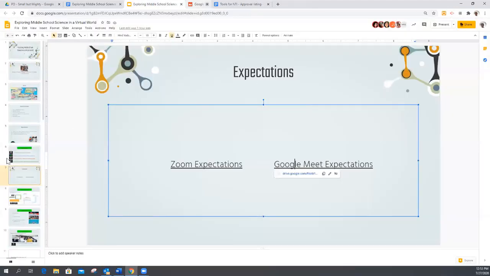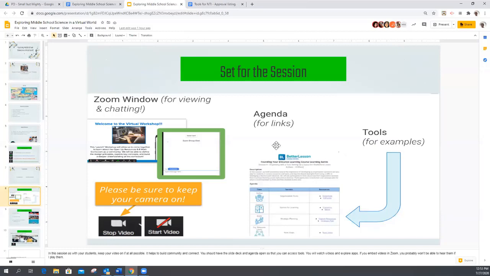I thought those were something that might be nice for you to be able to use in your presentations. So the way we've set up this session, obviously we're using Zoom as our virtual workshop. And then I've also provided you with an agenda that has the links embedded in. I apologize, it is a 2-page agenda, but that's because there are a lot of links that we wanted to share with you that you can get some information from that will help.